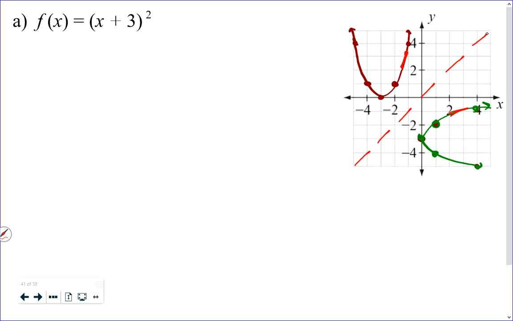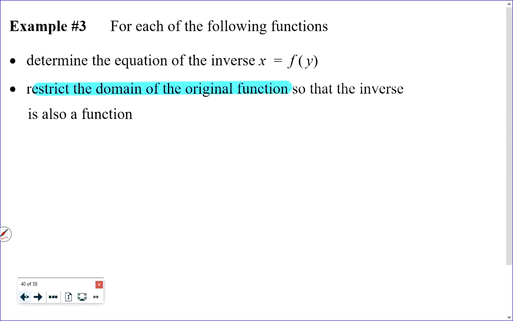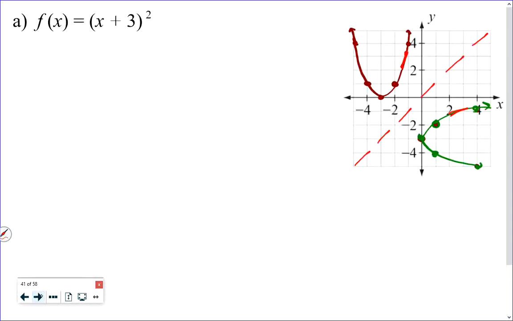Which part are we going to pick so that when we reflect it, we get a function? Okay, now let's come back to that because we do have another task. The other task is determine the equation of the inverse. So I take the function, I write it in sensible form,